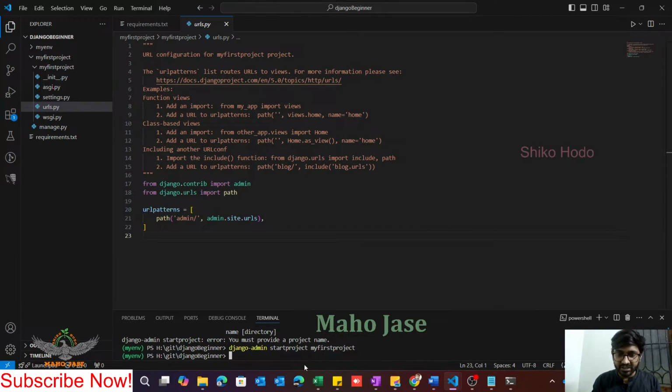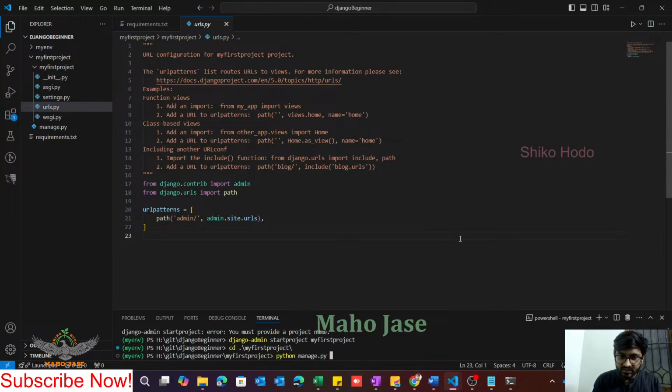So make sure I am clicking on my terminal, and then to move to my first project, in most terminals the command is cd, which is called change directory. My first project, hit enter. So I got into my first project. Now to execute: python space manage.py space,